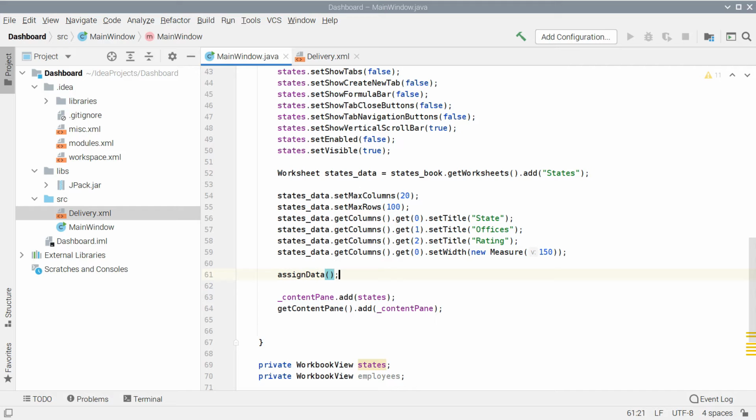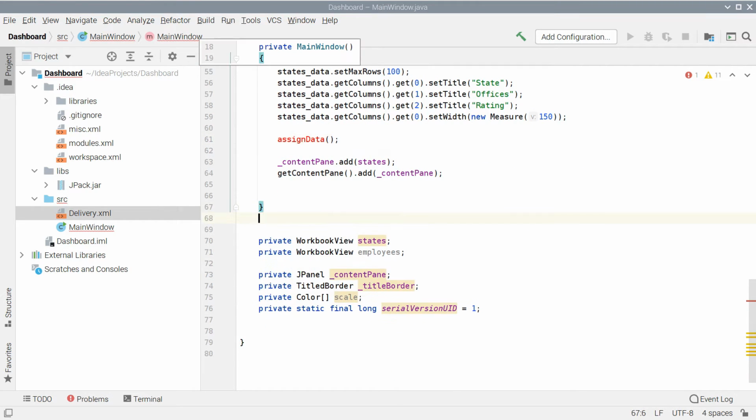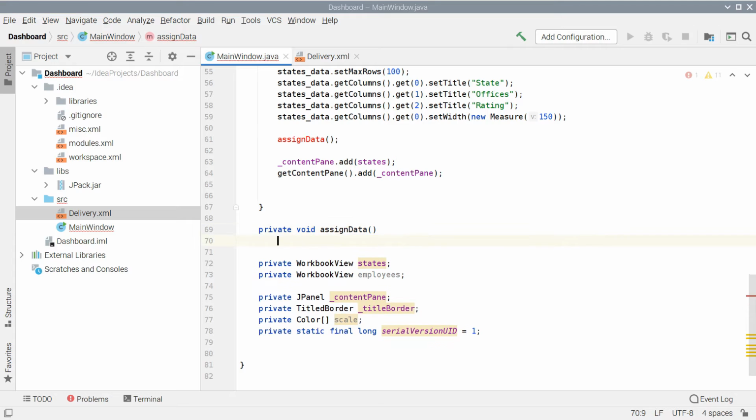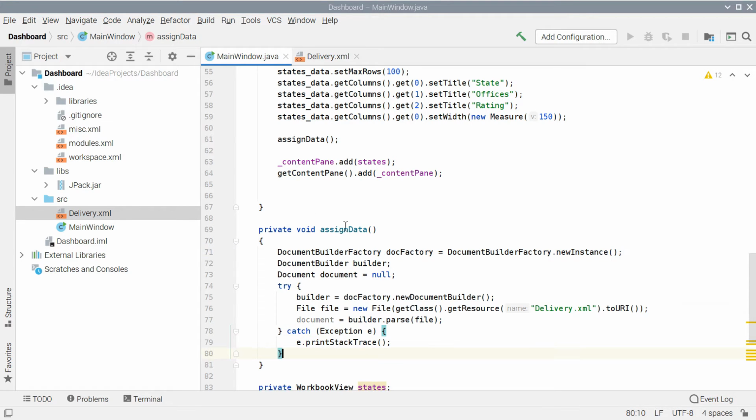Then we call a method we are about to write, called AssignData. In the AssignData method, we are going to parse the XML file that we added to our project.